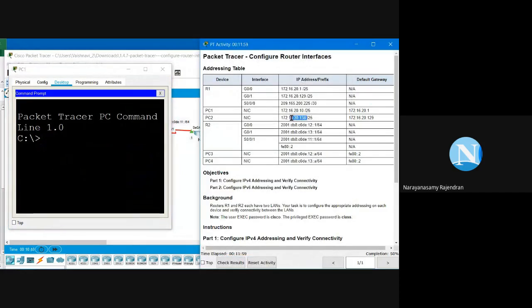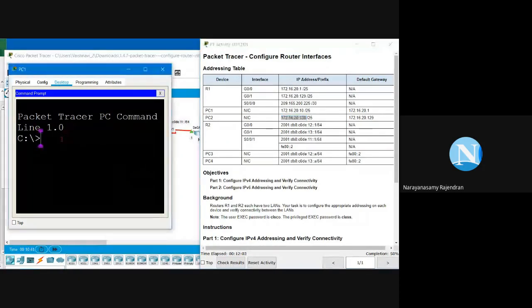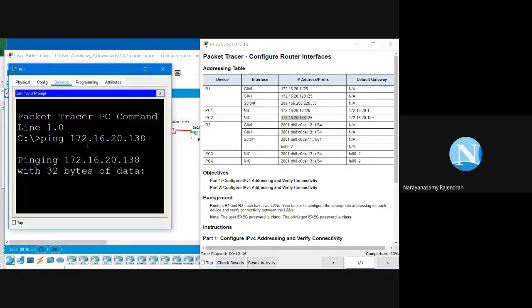I'll copy the IP address of PC2. So type the command ping and then right click, paste. Yes, 138, correct.